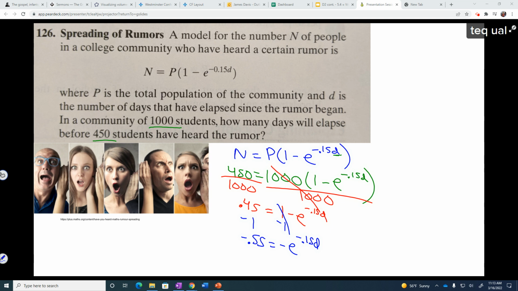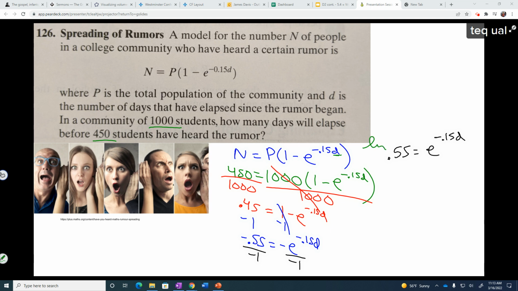How do we get rid of that negative? Yep, multiply by negative 1 on both sides. It essentially just cancels out the negatives right here. So then we got 0.55 equals positive e to the negative 0.15 d. All right, now that we got e all by itself, we can do the natural log